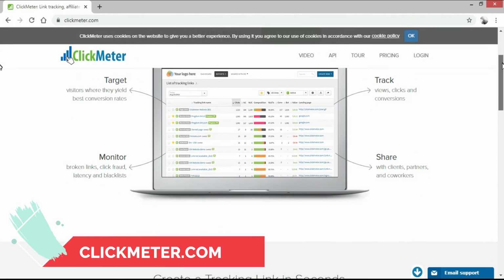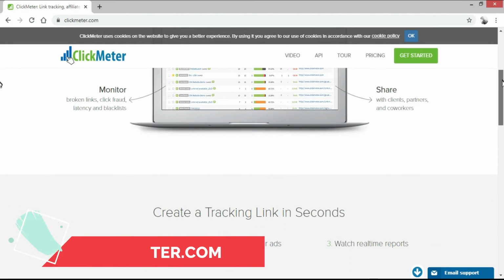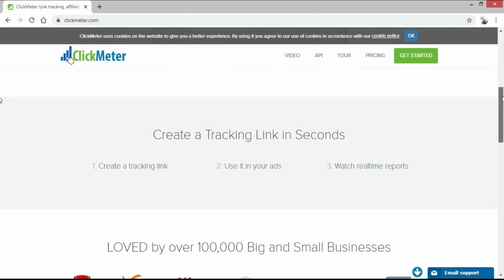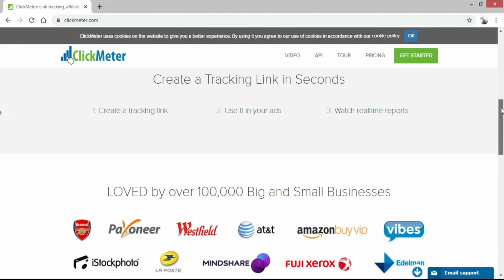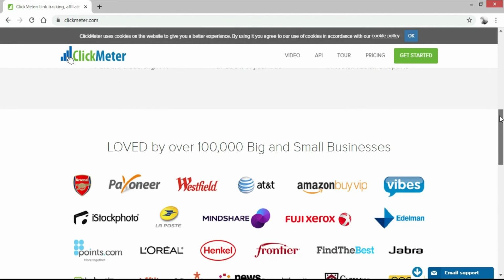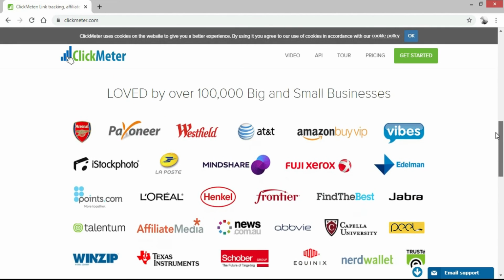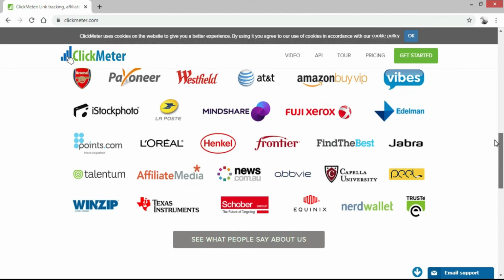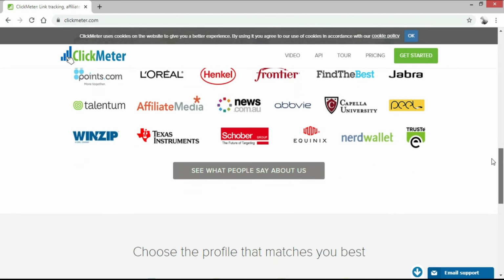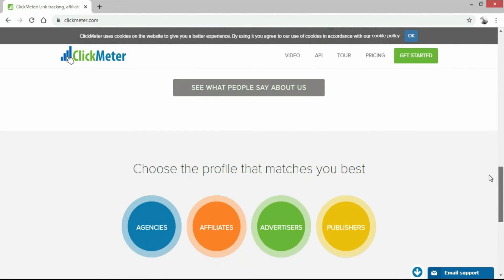And the last tool I want to show you, but not the least, is ClickMeter. As an affiliate marketer, you will be doing a lot of tracking in order to understand exactly what brought traffic to your site, what on your site helped them decide to buy a product, and what you can do to bring them back to your page. ClickMeter is a link, affiliate, and conversion tracker all in one, and contains over 100 free features that you can use to track your performance and